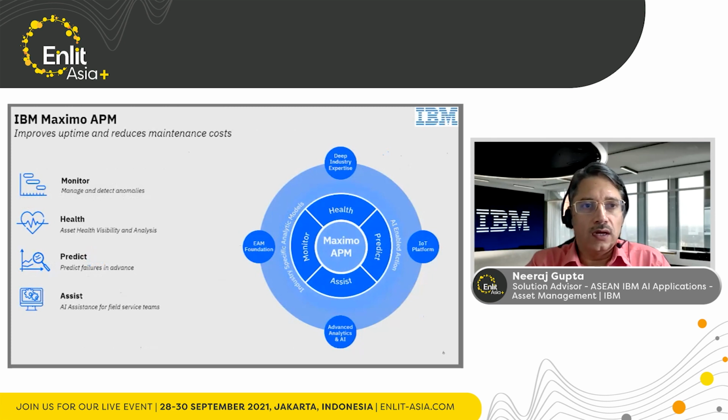So in IBM Maximo Asset Performance Management, which we call APM, and which is part of the Maximo Application Suite, these are the few tools that we use. We call them Maximo Monitor, Health, Predict, and Assist. These are the tools that we use to manage the asset performance overall, and these tools utilize quite